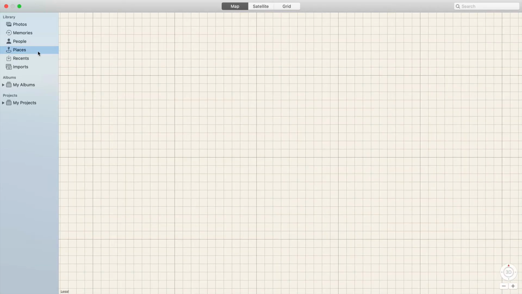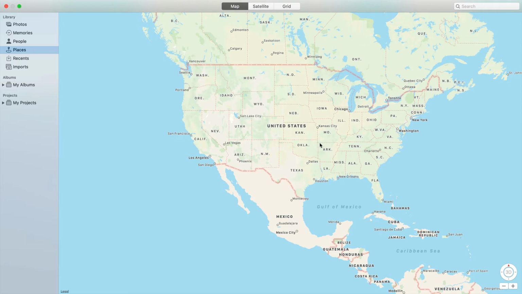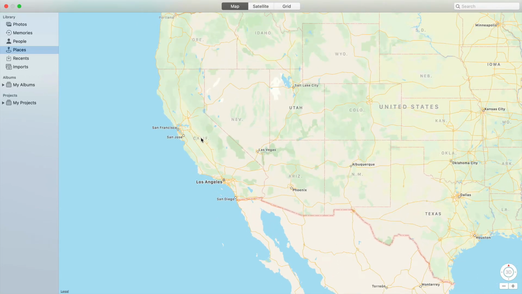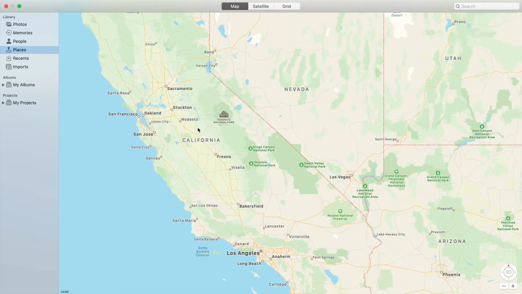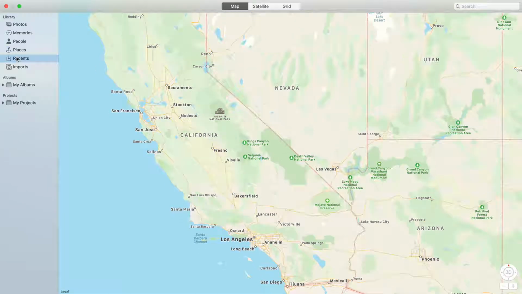Okay? Places, same thing. Most of your phones have GPS, so if you have a particular photo taken in a location, you can use this to say, okay, this photo was taken right here in Stockton, and you can drag a photo and assign it to that particular place. If your pictures already have GPS information built into them, this would automatically populate. Okay,